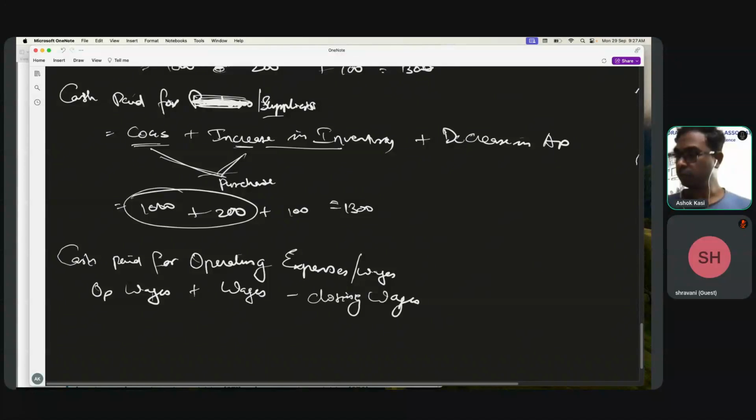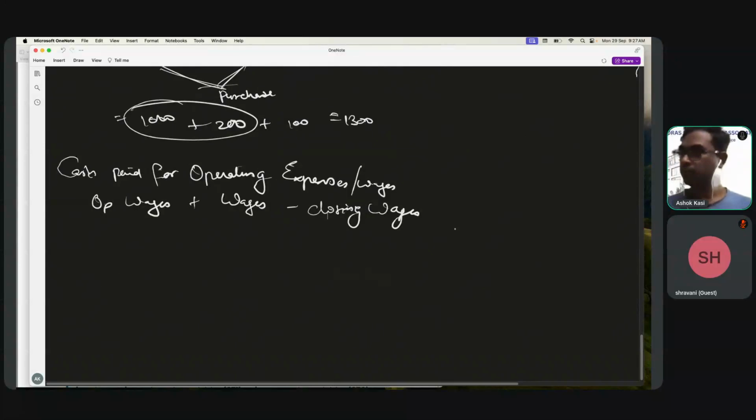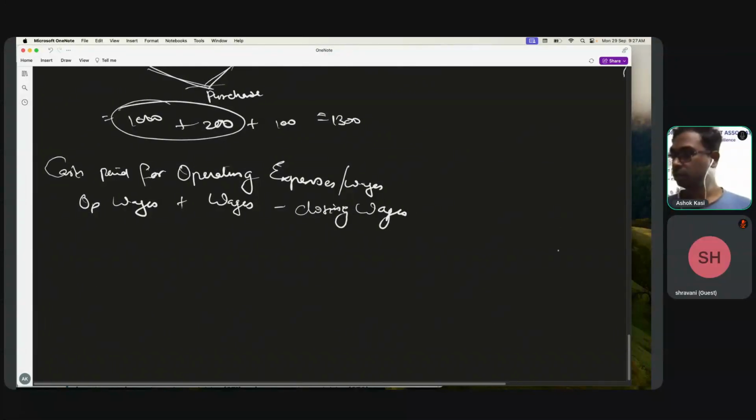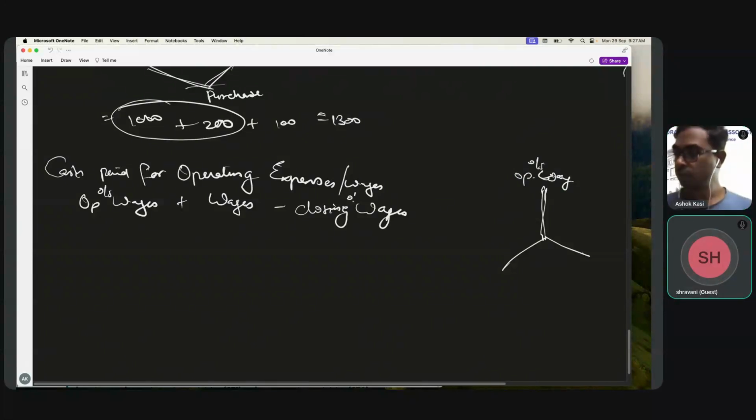Okay, this is the formula. Why? Here we use one method called the inverted Y or tree method. Tree method means like this, inverted Y or tree method. This is opening wages. Imagine opening wages. Where will you find opening outstanding wages? Okay, opening outstanding wages. So opening outstanding wages, let's say